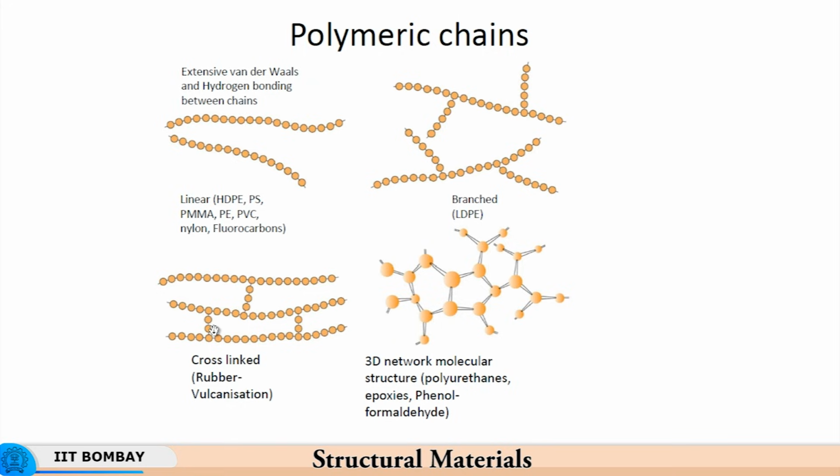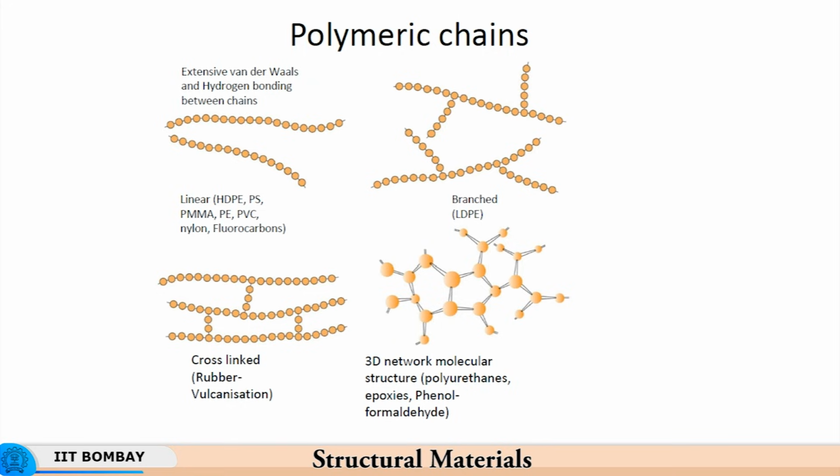And then if you don't want this polymer to behave soft, you want to add strength to it, then you do the cross-linking, and then you get vulcanized rubber. So our tire tubes are made from vulcanized rubber, for example. You add sulfur to it, which promotes cross-linking, and this sulfur results in cross-linking of rubber, which enhances the properties of rubber.